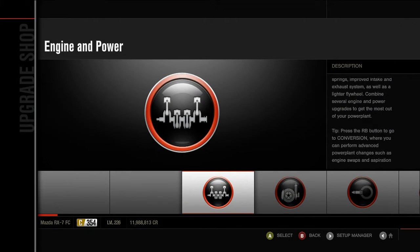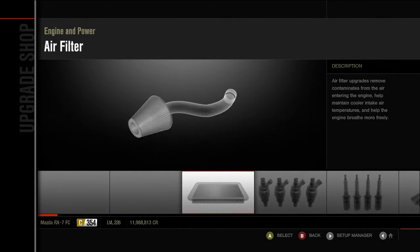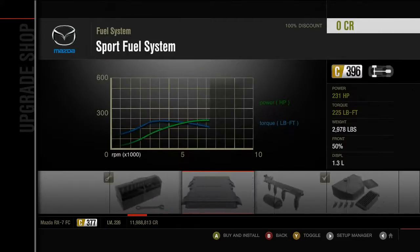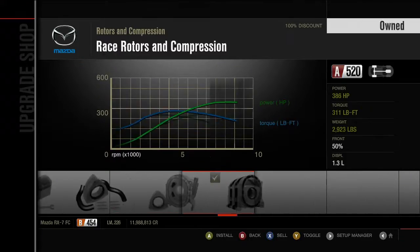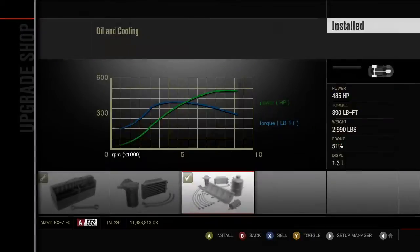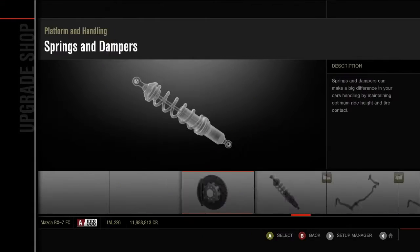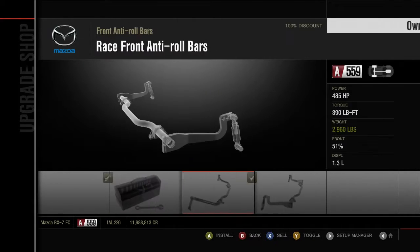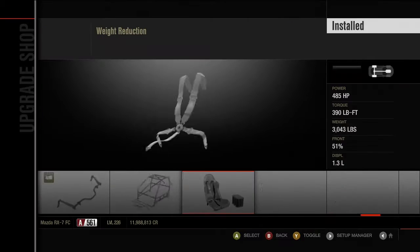Alright, so for this car, all we're going to do is keep the stock engine, the stock 13B, and we're going to put everything to race, basically. Race intake, race fuel system, race ignition, race exhaust, race rotors, race turbo, race intercooler, race oil and cooling, race flywheel to add up to 485 horsepower, race brakes, race suspension, race anti-roll bars, race roll cage, and a race weight reduction,